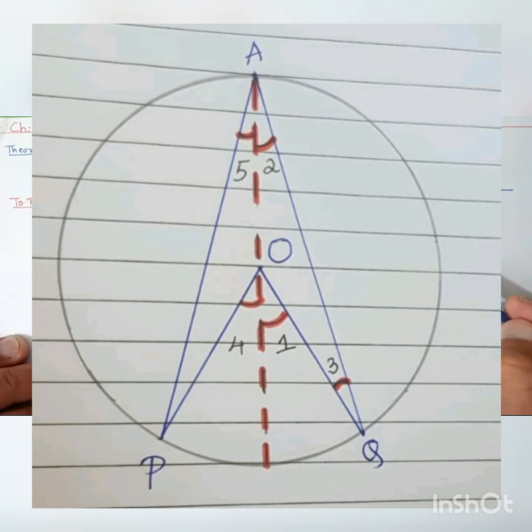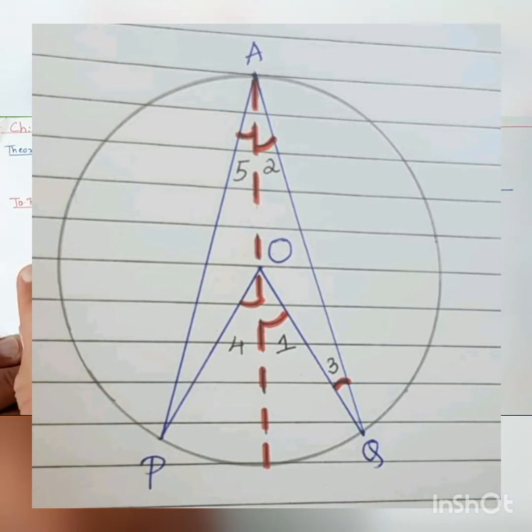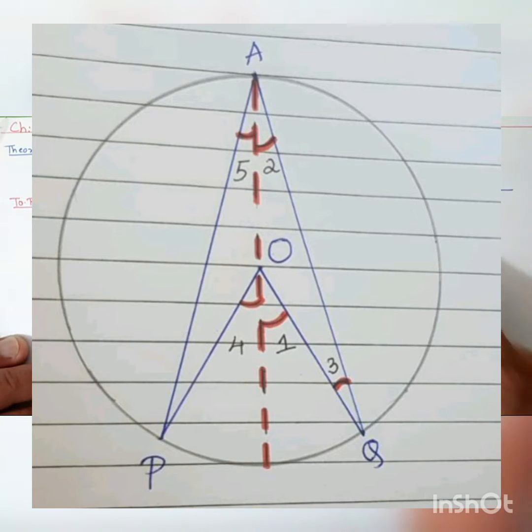In this figure, O is the center. P and Q are 2 points. OP is a radius, OQ is another radius, and we are considering PQ as the arc of the circle. This part forms angle POQ. Next we can see another point A, and that forms another angle, that is angle PAQ.